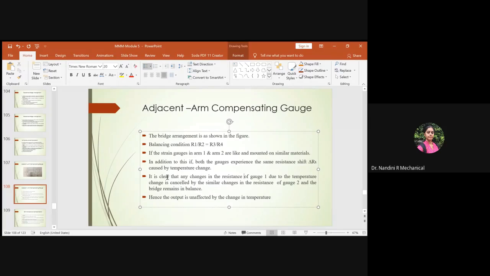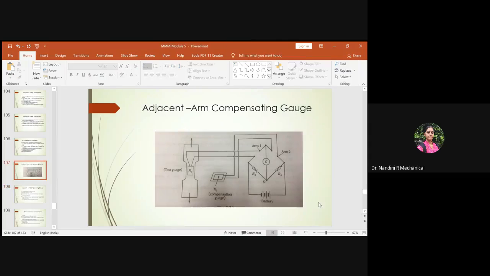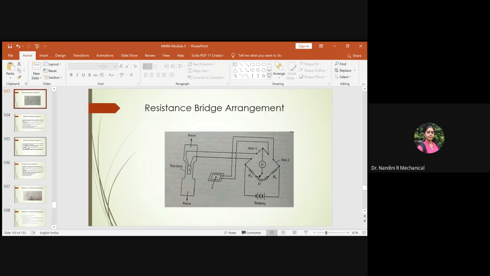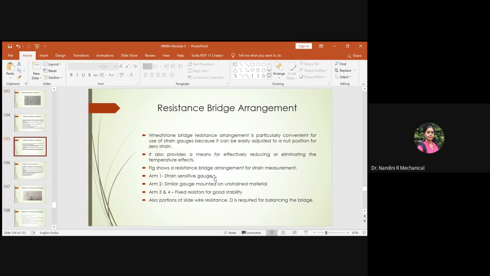One more thing: any change in the resistance of gauge 1 due to the temperature change is cancelled by the similar change in the resistance of gauge 2, because both have the same value, so it gets cancelled and becomes null, and the bridge is balanced. As a result, we always use a compensation gauge made of the same material. In the previous arrangement, the regular bridge, the material was different. One was an unstrained material, and the other was the material to be tested. Both materials were different, and there was no chance for these two to get balanced and make the bridge zero. But in the case of temperature